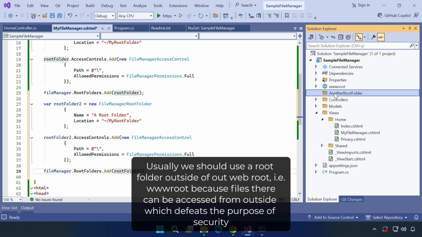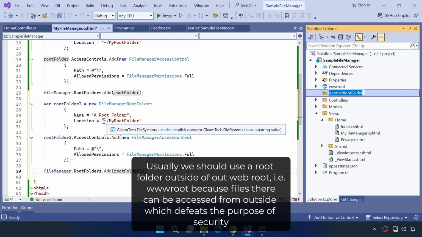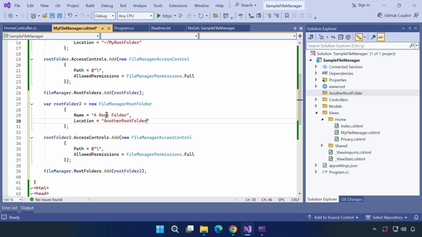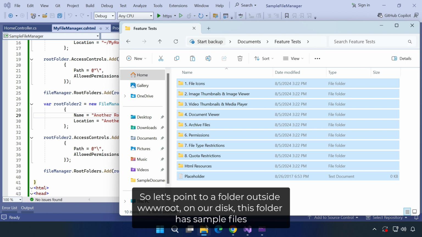Usually we should use a root folder outside of the web root, because files there can be accessed from outside, which defeats the purpose of security. So let's point to a folder outside the web root.